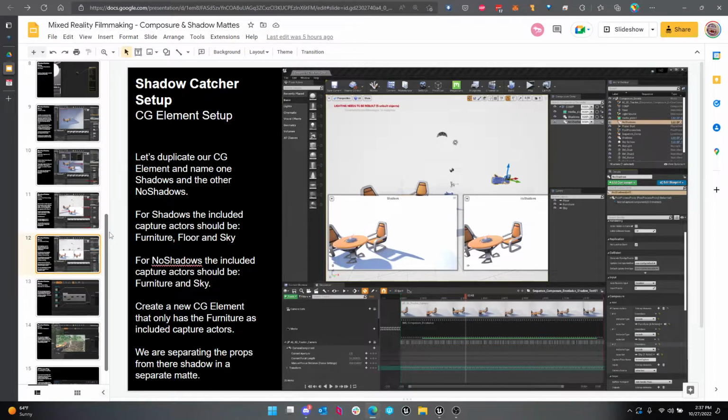So now this is where things get a little bit tricky. Now that CG element that we had, I think we called ours foreground last week. In this example here in the slides, I called it CG element because I made this. Now we need to duplicate that. And we're going to have one that is called shadows. The name is arbitrary, but it makes sense for what they are. We're going to have one called shadows, and we're going to have one called no shadows. Okay? So if we click on one of them, it's going to be